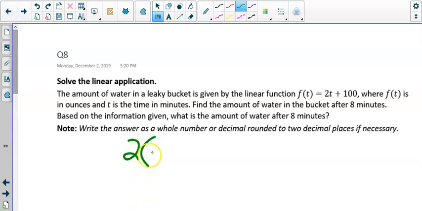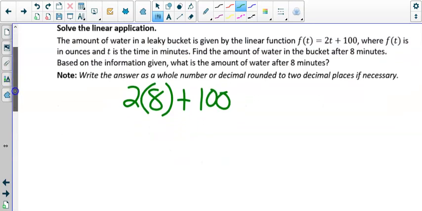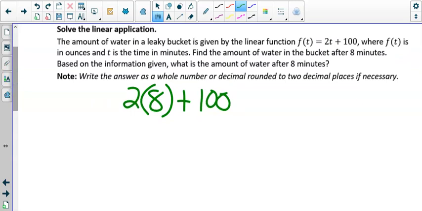So 2 times 8 plus 100. Although that's weird why it's a plus, because it says it is a leaky bucket. So we should be losing water, but I'm not going to debate this one. That's just weird, because that means after 8 minutes, we've gained water. But either way, I'm not going to argue with it, so all we got to do is just figure out